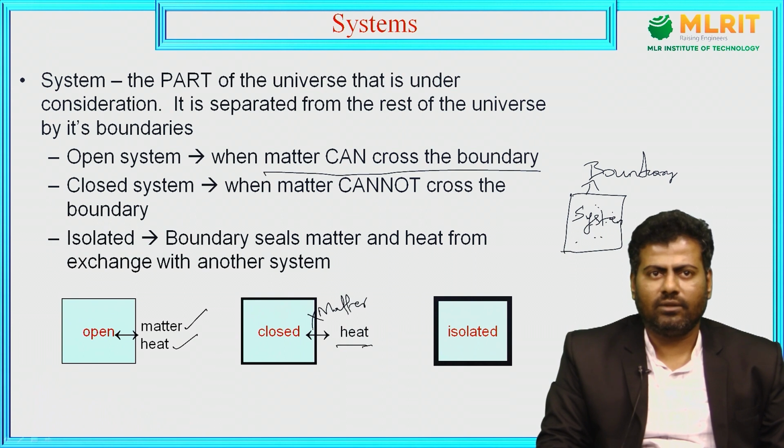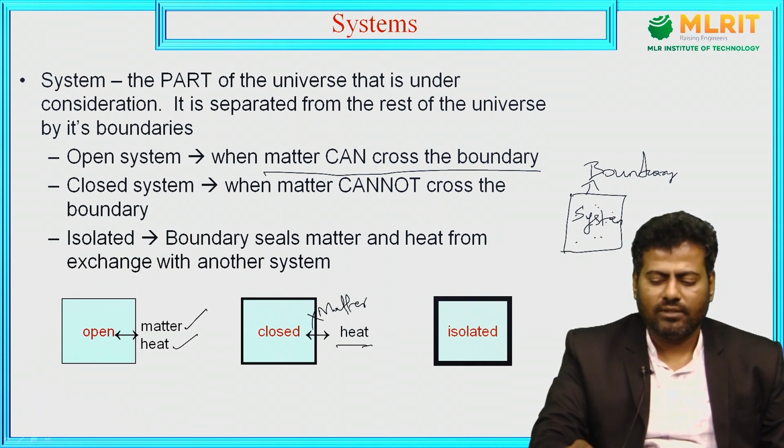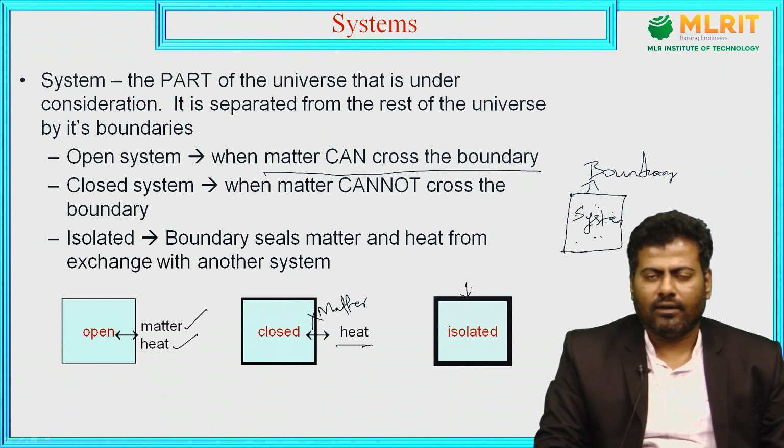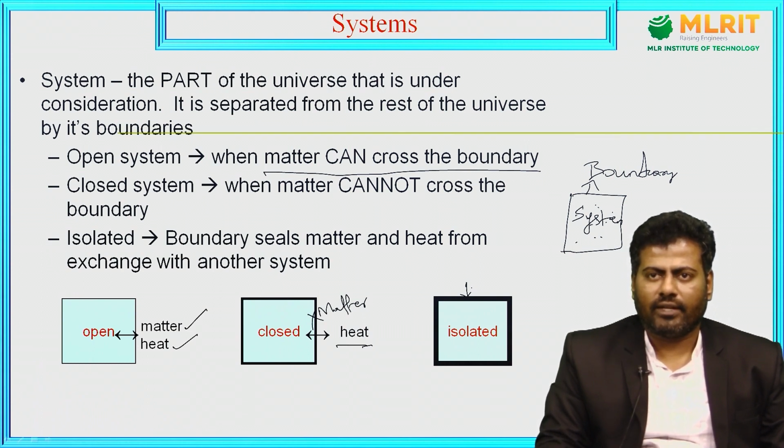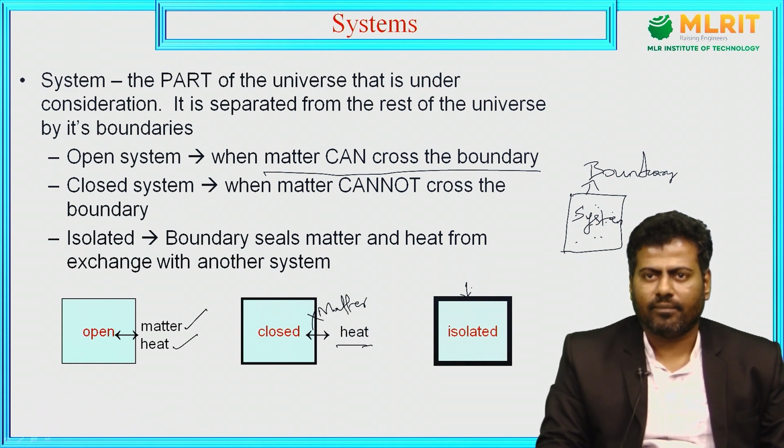In that isolated system, we have drawn thick boundaries. I can explain with an example. Listen here. This thermoflask is something we have in our day-to-day life. A thermoflask is nothing but an isolation chamber. Inside it we can maintain a large amount of energy, a large amount of heat inside. So that is what we call an isolated system.